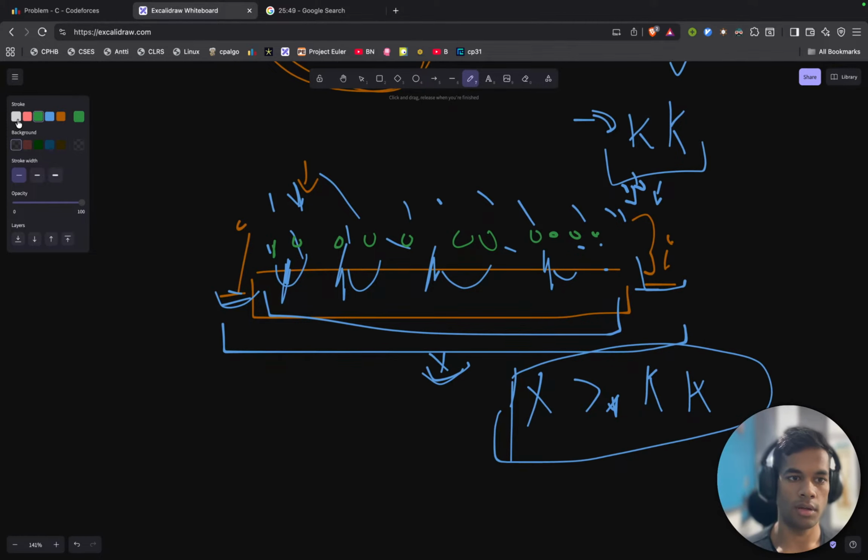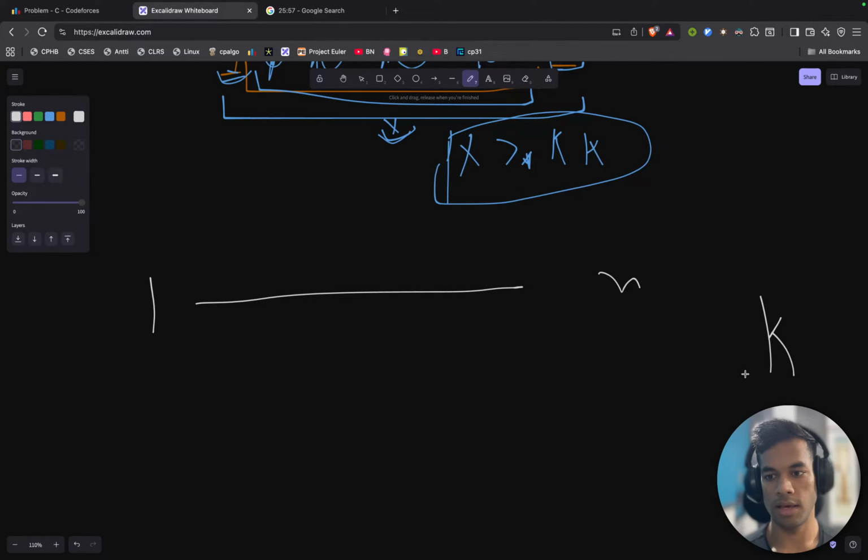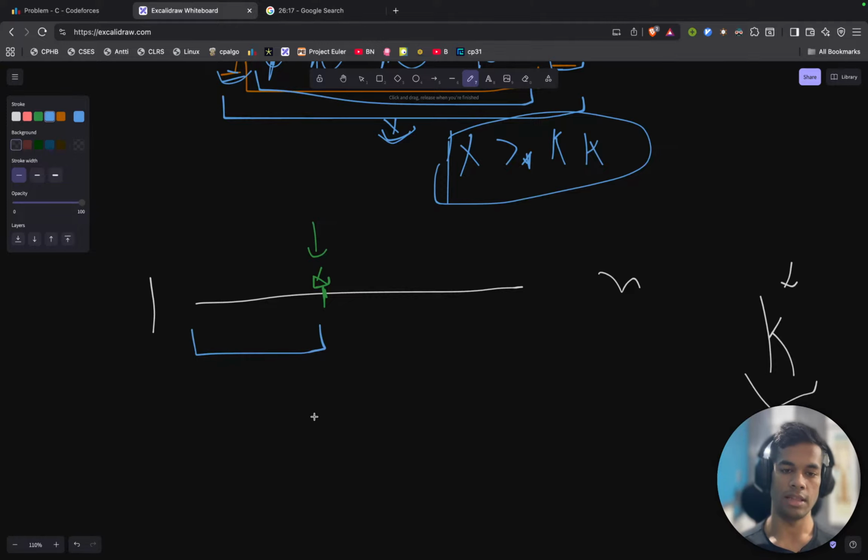Okay, let's take a step back. Our total range is from 1 to n, and k is k, whatever it is. Then let's say we are at some random number x, which we are trying to see if that number is a GCD or not. Then the maximum count of numbers which we can have in this range as smaller than our x number is